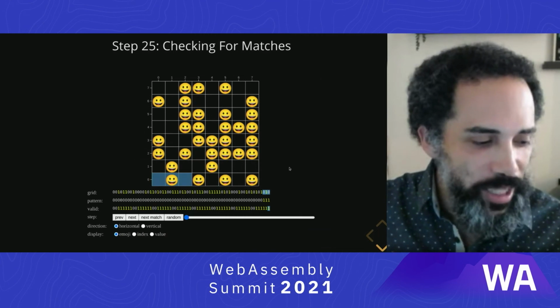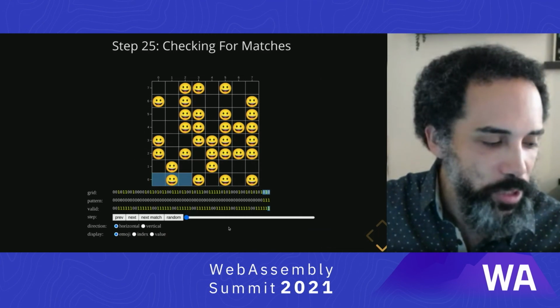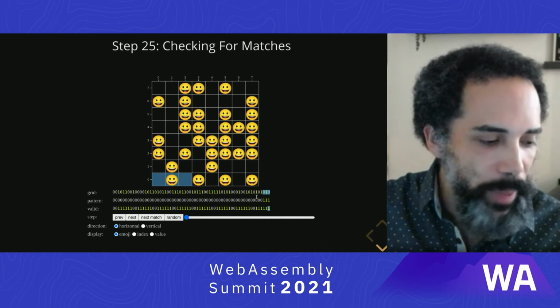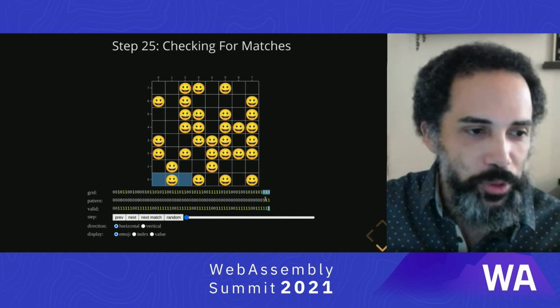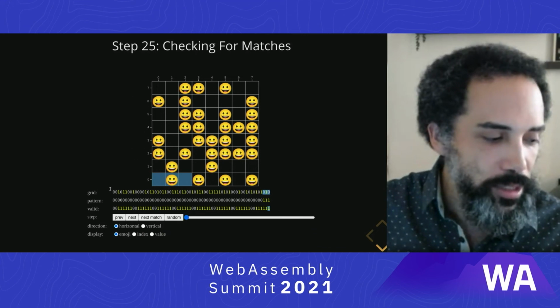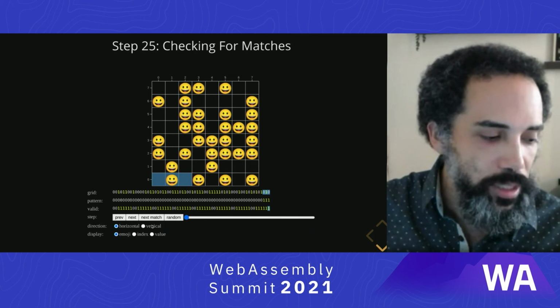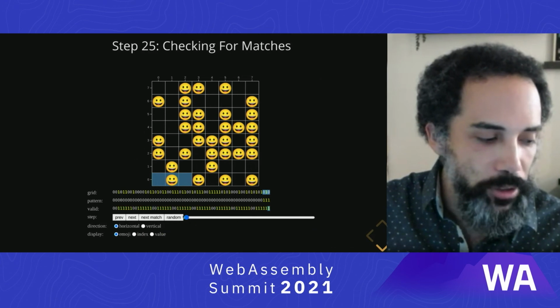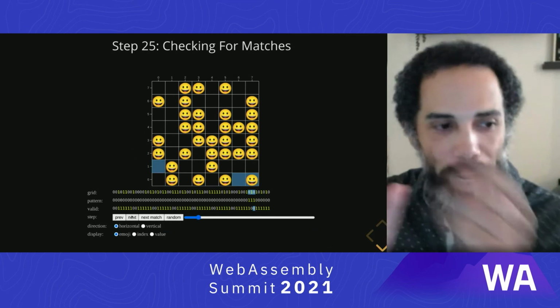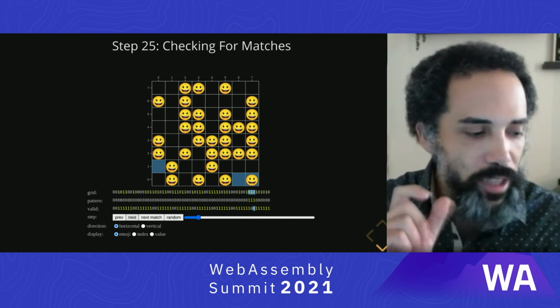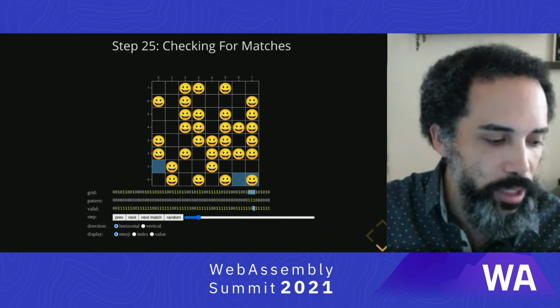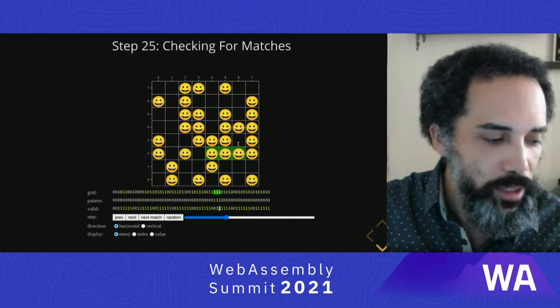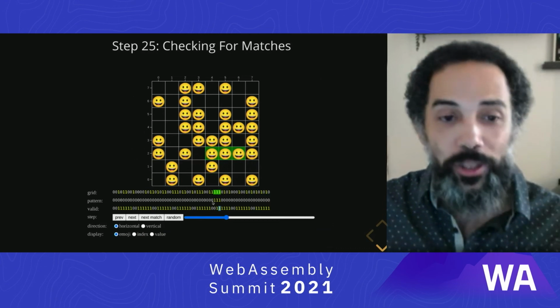This is a pretty complicated demo, but you can explore this a little bit on your own time. What we're seeing here is actually a pattern. See these bits here? These bits represent the pattern that we're checking for. And this is the grid that we want to find. This list right here is whether that pattern is valid. As you can see, as I stepped through, these patterns are all valid, but right here, we're actually wrapping around to the next cell. This is not a valid pattern anymore. So we set a 0 bit here. As long as we step through and we see that all of these bits are set, then the pattern is valid. Therefore, this is a valid match.